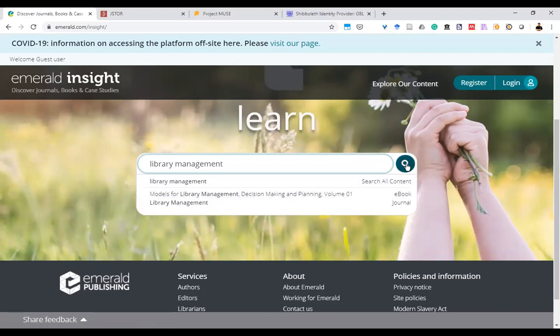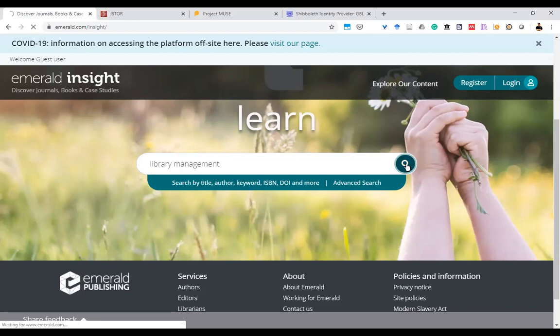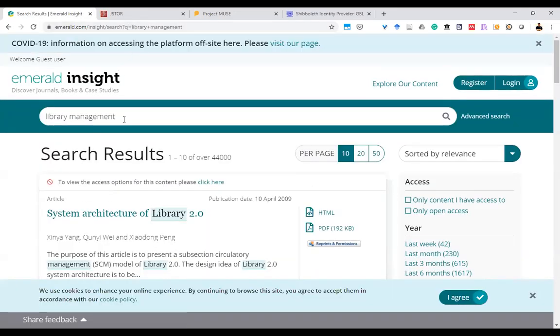So I can just click on this lens button, and it will search the query in the whole database. Now once it has searched, like every database, it will show you how many records have been retrieved. We have also seen this in the OPAC class.